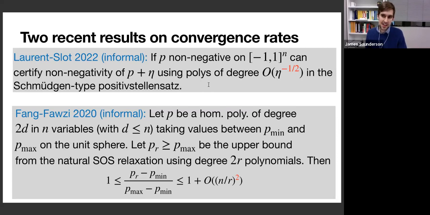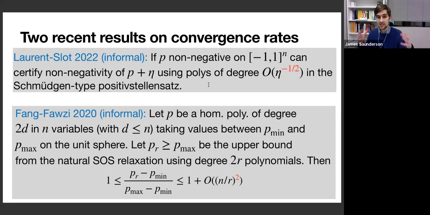Another result that's in some ways very similar, in terms of the rate that you end up with, though it's phrased in a different way, is a result of Kun Fang and Hamza Fawzi. This is about homogeneous polynomials on the sphere. It's natural to think about optimization on the sphere. Here we've got, again, degree 2d and n variables, and the statement is parameterized by the minimum and the maximum value of this polynomial on the sphere. What this result says is that if I take the natural SOS relaxation